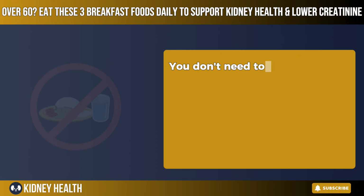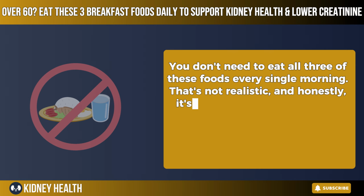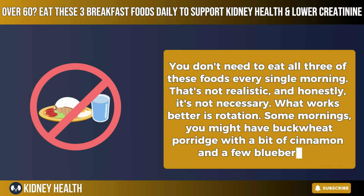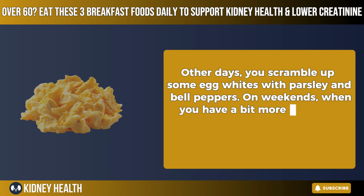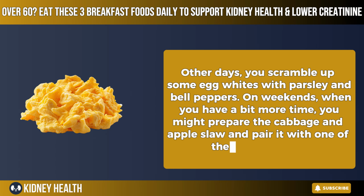You don't need to eat all 3 of these foods every single morning. That's not realistic, and honestly, it's not necessary. What works better is rotation. Some mornings you might have buckwheat porridge with a bit of cinnamon and a few blueberries. Other days, you scramble up some egg whites with parsley and bell peppers. On weekends, when you have a bit more time, you might prepare the cabbage and apple slaw and pair it with one